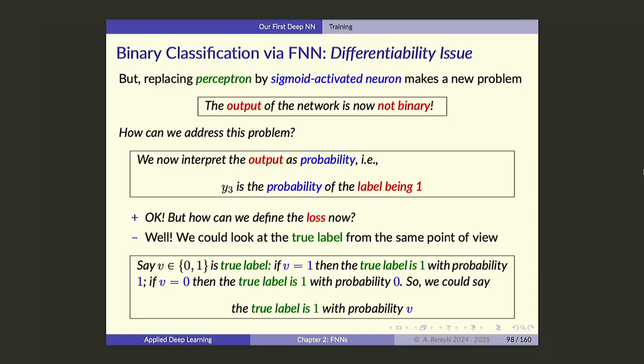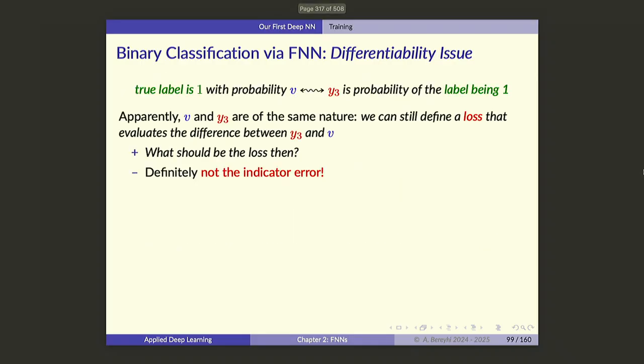The output of my neural network is the probability that my neural network has computed. And now I only need to compare these two things, and I can compare them with any nice loss function which actually has a derivative, right? So you could say that the V which I have inside my data set is the probability that the true label is 1. Whatever I compute by my neural network is again the probability of being 1. And the thing that you need to do is to just compare these two different values, right? Now,